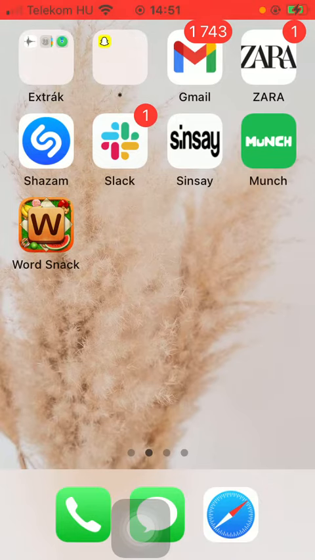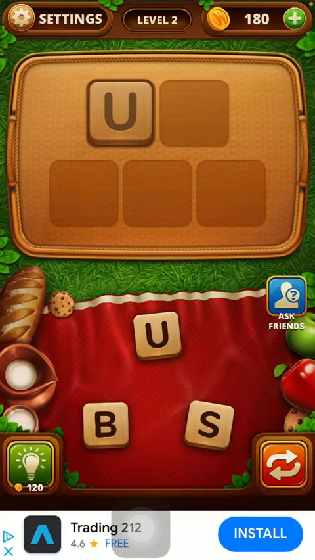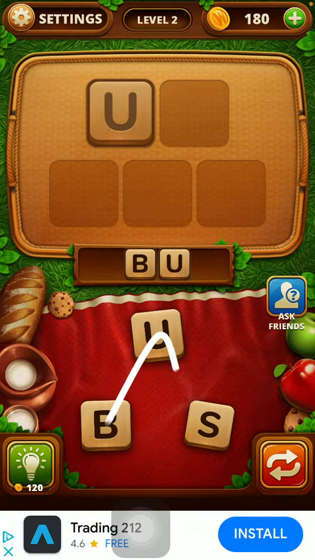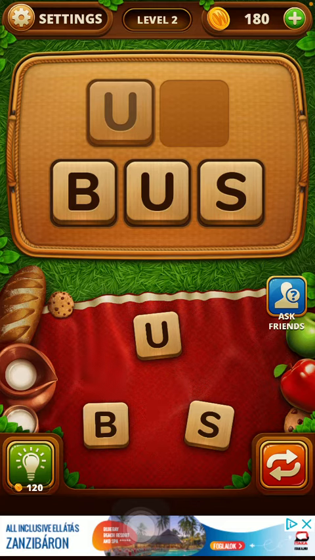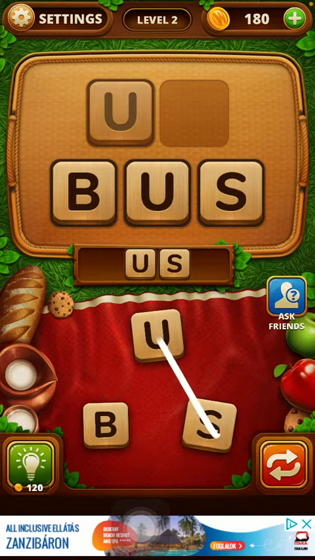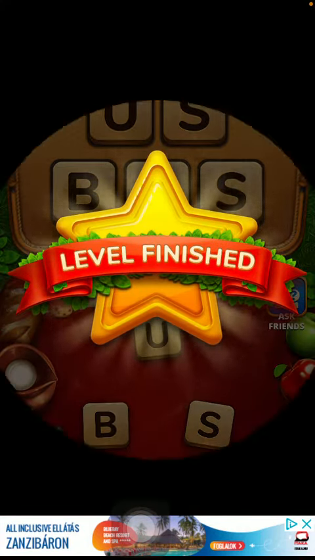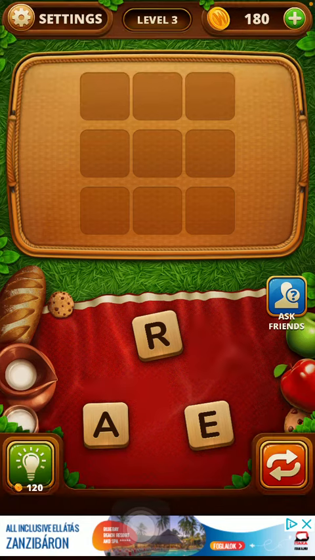First of all, open the application on your phone. Then as you can see, the task is to create words by swiping them together or to bind the letters to make up an existing word like this. And if you are done with it, your level is finished, as you can see. So you are going to get more complex exercises that you have to